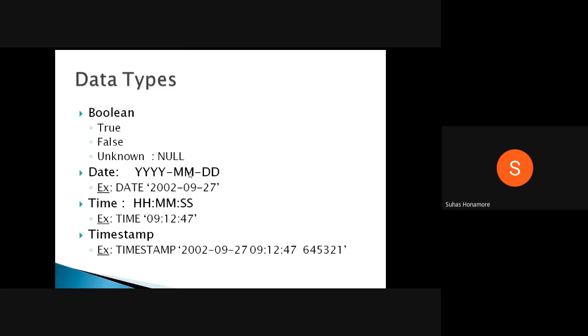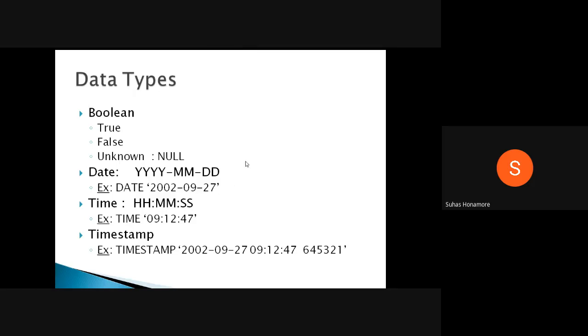Both month and date have only 2 digits. One example: while inserting the date, you always have to use single quotes around whatever value you are inserting. Then you have to tell the system that whatever value you are giving in single quotes is not a normal string; it's something different.